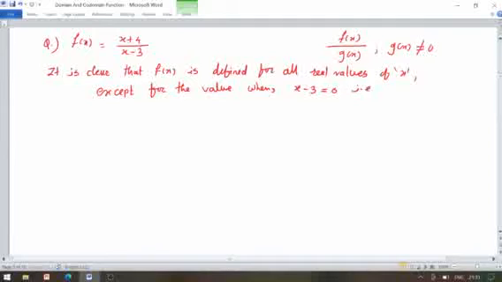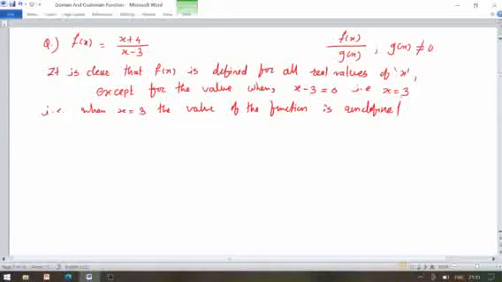That is a linear equation in one variable. Try to simplify and find the value of the variable x. So we have x equals 3. You might consider this x equals 3 to be the critical point where the value of the given function becomes undefined. So when x equals 3, the value of the function is undefined.